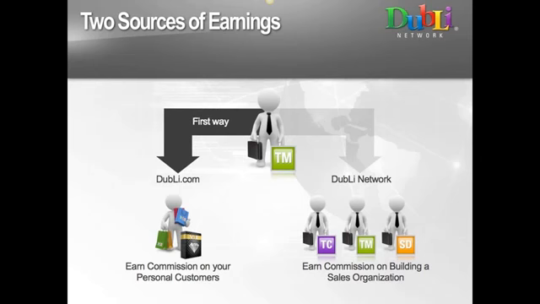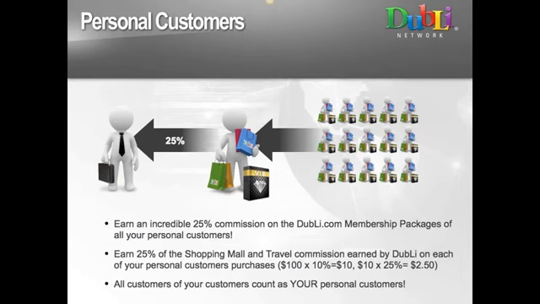Now let's talk about the way our compensation plan works. On the personal side, the easiest way to keep our compensation clear in your mind is this. There are two sources of income. One is strictly our personal customers and the customers I refer. On all of the transactions generated by that group, we earn 25%. That's 25% on any subscription package they're on, whichever one they choose, and 25% of all the transactions that they generate.